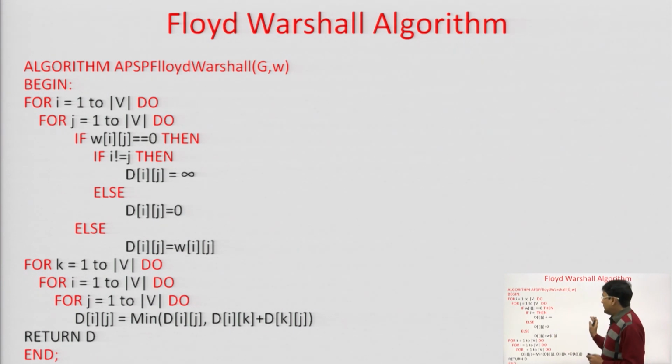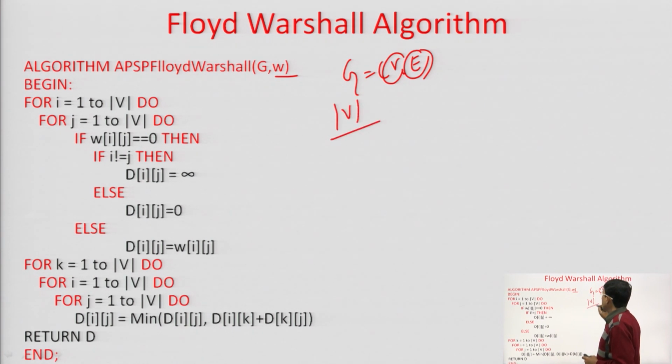The algorithm is very simple. You have been given a weight matrix here. A graph is given and a weight matrix is given. We can refer to the vertices of the graph like this: G equals to (V, E). We have an idea about V and E. So mod of V is telling you, let's say, the number of vertices. So you have a weight matrix. Through this you are computing the distance matrix. So what is happening in the distance matrix?